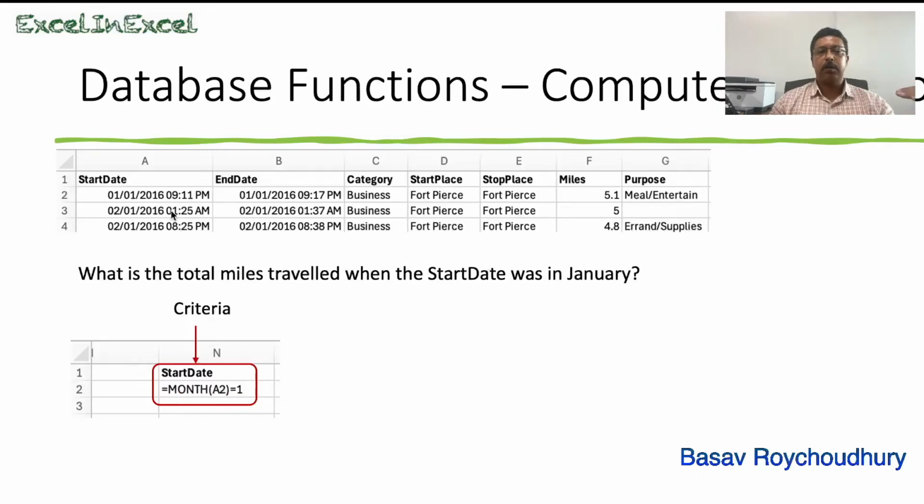Then it will go to the second record. Then it will automatically become A3, A4. We don't have to bother about that. Now, therefore, what I am writing the criteria as start date, and in the first row, in the second row